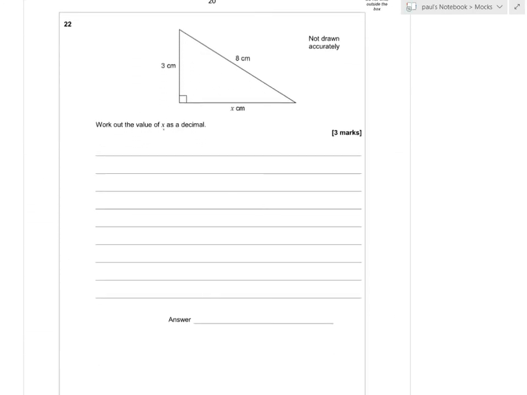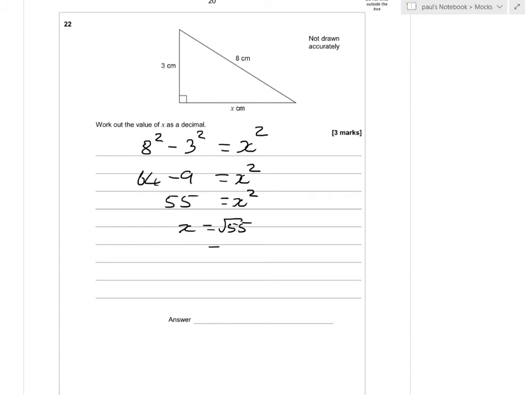So work out the value of x as a decimal. So this is Pythagoras, so it's going to be 8 squared minus 3 squared equals x squared. So 64 minus 9 equals x squared. 64 take away 9 is 55 equals x squared. So x will equal the square root of 55,